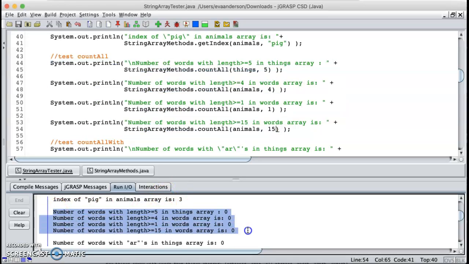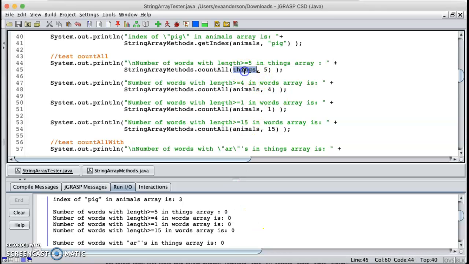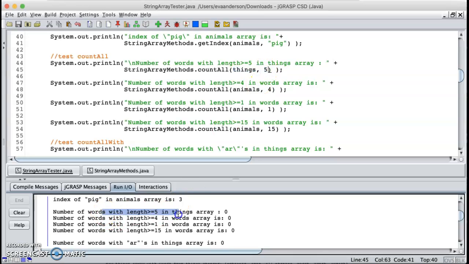This is the current output for it, and it's all zeros here at the end. And we could go up and look at the arrays, and we can see here we're being passed the things array, and here's the number 5. If the output is descriptive, then we're looking for words that are 5 or longer. Here 4 or longer, 1 or longer, and then we're looking in things array, and actually I think that should